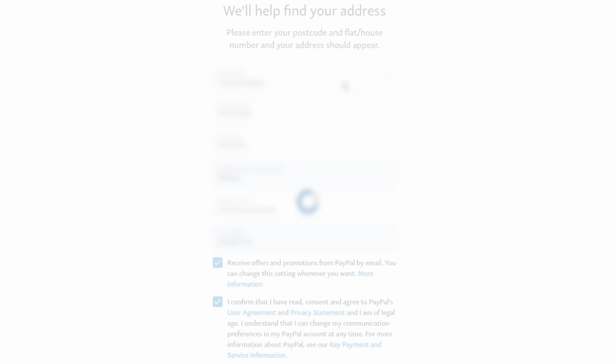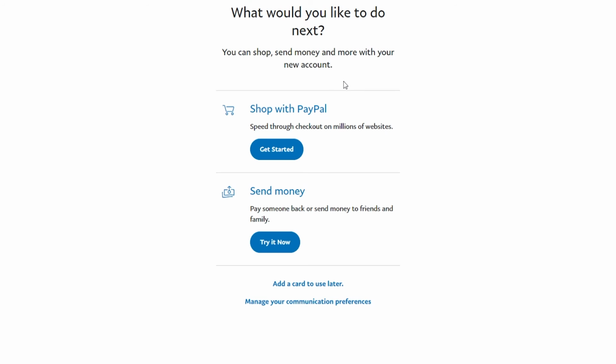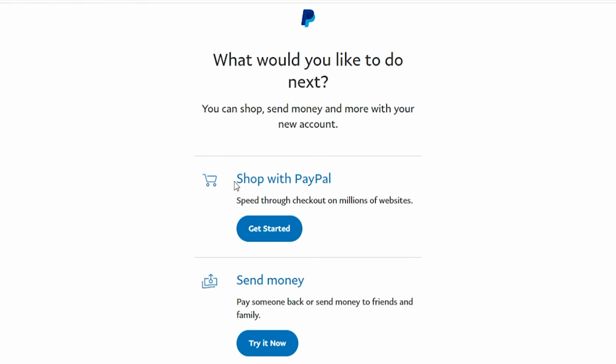You need to make sure this is correct information, because if PayPal ever decide that they want to verify who you are, they are going to cross-check that information. If it is wrong, then they're not going to let you withdraw your money, or you're just going to have a problem with PayPal. Once you've done that, you can then either shop with PayPal, send money, or add a